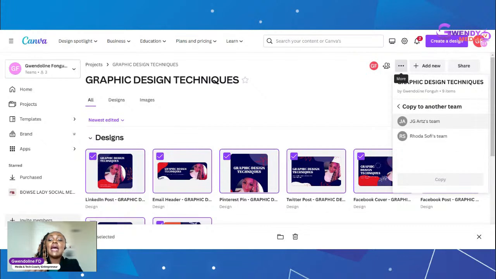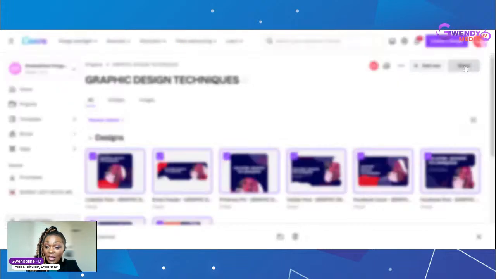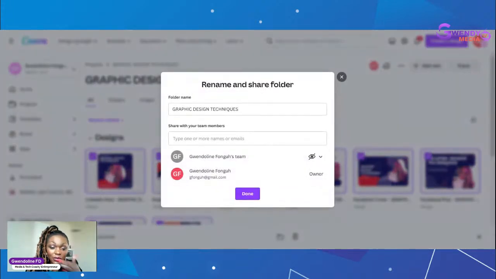He might add his comments. He might reduce this, he might change that. And you can also create this if the client paid you already, and he was waiting for you to create these designs. You can still go ahead and create these designs, and then just share it directly to your client. Okay, so if you wanted to share it, for example, you just go ahead and click graphic design techniques